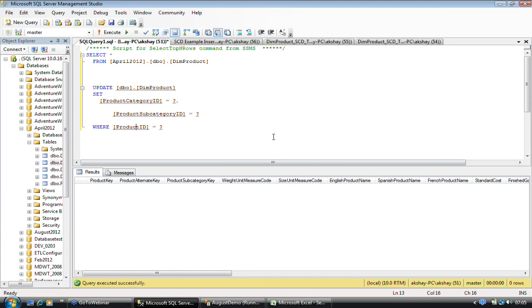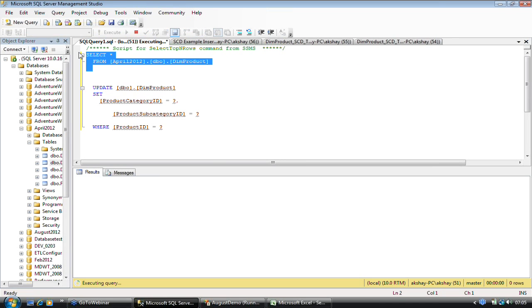Now if I go to this particular table and if I see the data, I will be able to see that there is some data